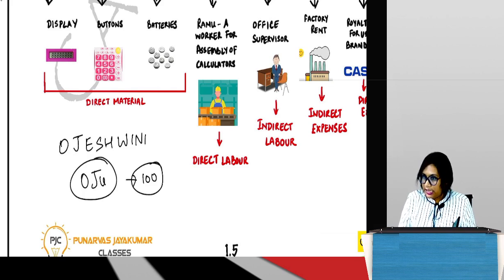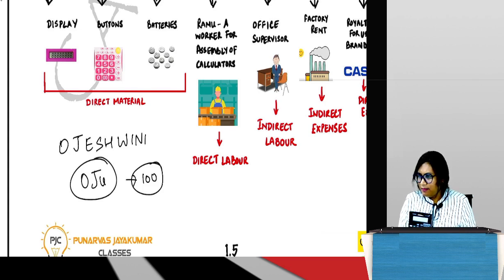So then he says, see, you want 100 stickers? I'll give you 100 stickers. But on every sale that you make, you have to give me a percentage. So let's say if your calculator is selling for 300 rupees in the market, I want a 10% cut, which means I need 30 rupees from each sale that you have made. So the value of my sticker here, just putting my sticker here, is 30 rupees. I am lending my brand to you.